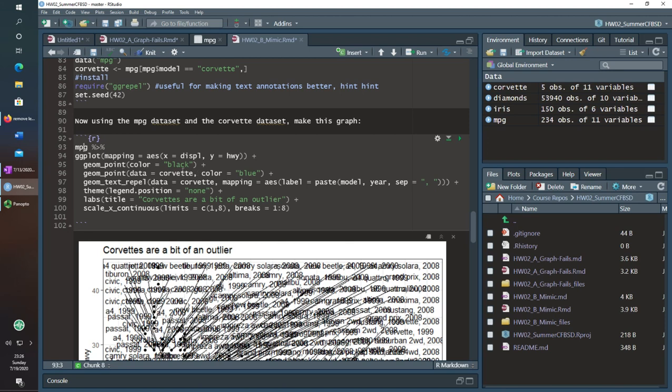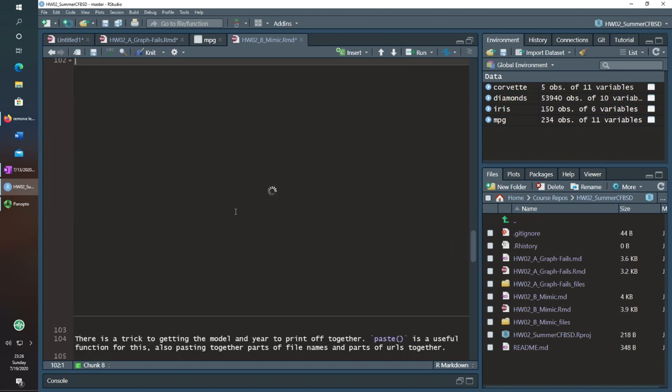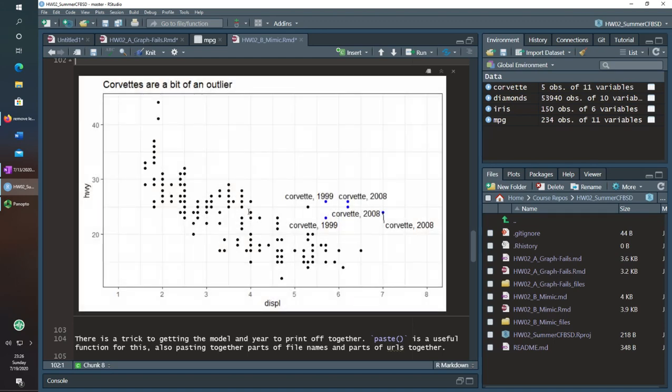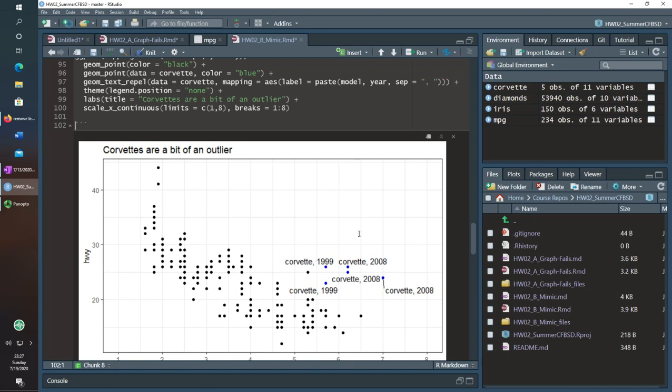So now I can do this and get rid of the mess that graph was, and you see that I get the same values. I got rid of the nudge by 0.3, so you can see what's happening here. You can also see that the Corvette, since it wasn't capitalized before, is now lowercase because it's just the model.